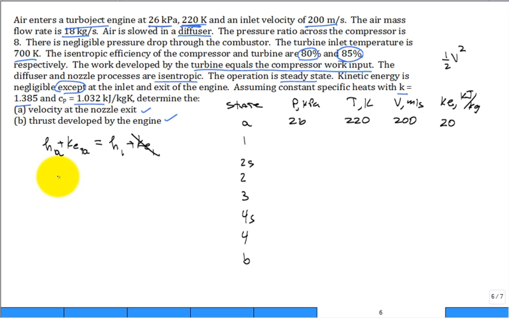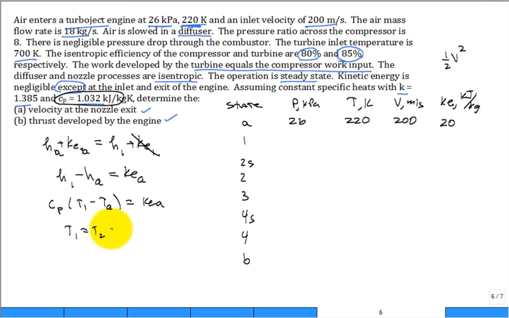We have that the enthalpy at 1 minus the enthalpy at A is equal to the kinetic energy at A. This is C sub P (T1 minus TA) equal to kinetic energy at A. With the specific heat at constant pressure given, T1 is equal to TA plus the kinetic energy at A divided by the specific